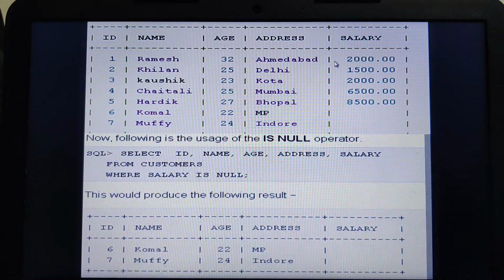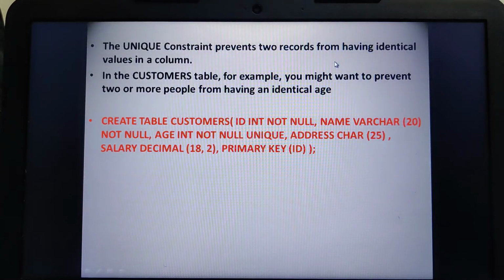The last logical operator we have is unique. The unique constraint prevents two records from having identical values in a column. For example, two students cannot have the same roll number, right?